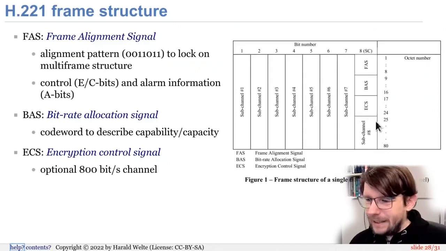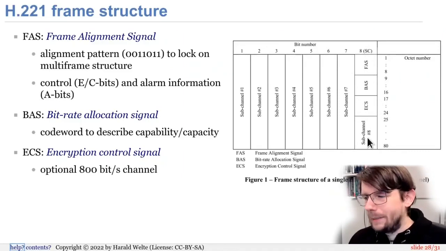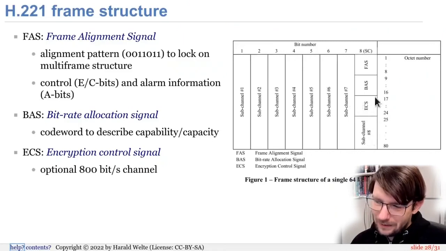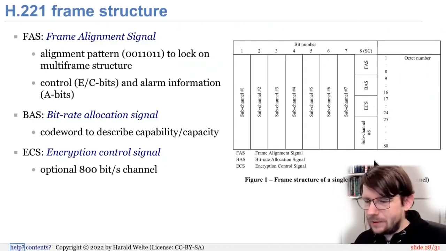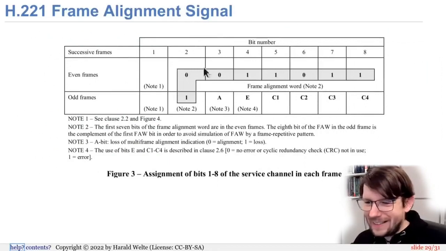And we have an 8th sub-channel, which has a very low bit rate, since the other channels always share bits with sub-channel number 8, so that's a much lower bit rate channel. But if ECS, the encryption control signal, is not used, it actually gets some more bits, since ECS is not there and sub-channel 8 gets larger. So that's the frame structure of H.221. And then from that frame structure, we go to the multi-frame structure. But before we do that, sorry, the frame alignment signal,